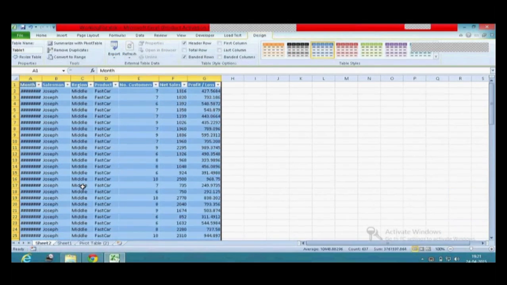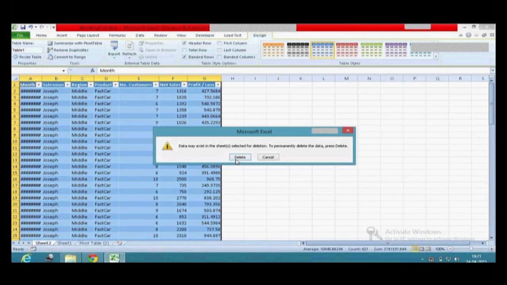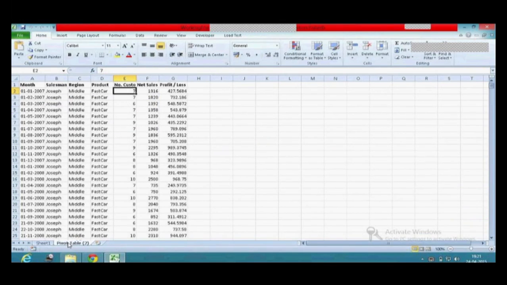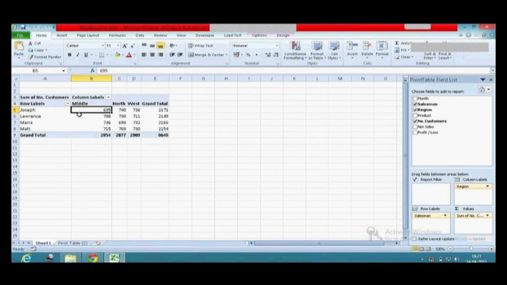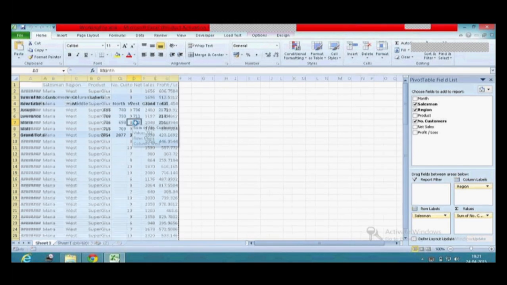So if you want to have this filter ready, for example, you want Maria's record for the West region. So here is the intersection. So when you double click on the intersection, automatically it will generate a new sheet where the filtered record will be available for you.